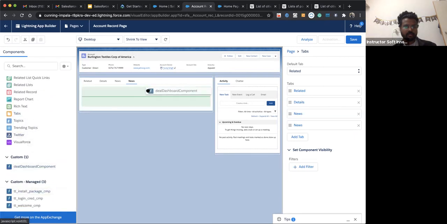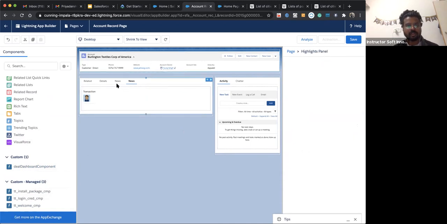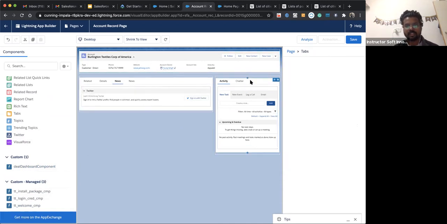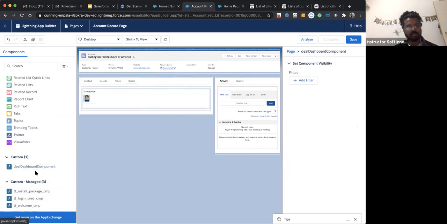Teal dashboard is a custom component. If you design any custom component, it will be available here, because these are called components: this one is a component, this one is a component, everything is a component. Yesterday I designed this custom component, so it's showing up here.